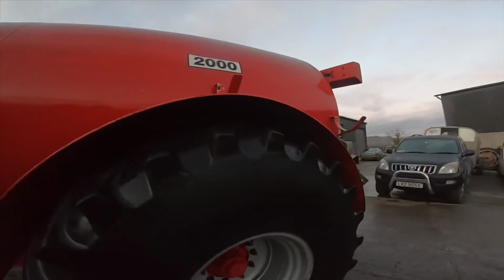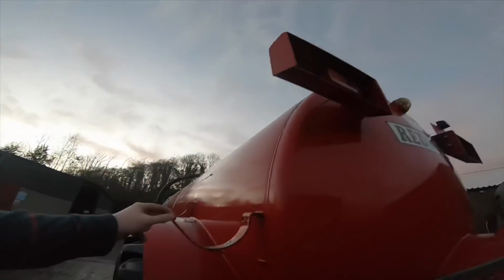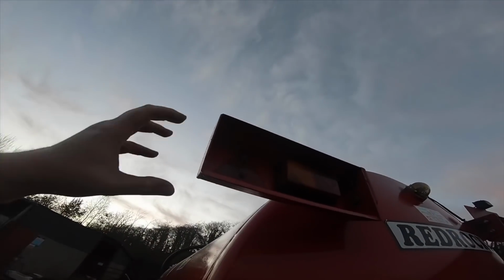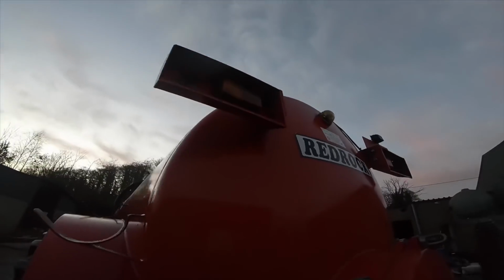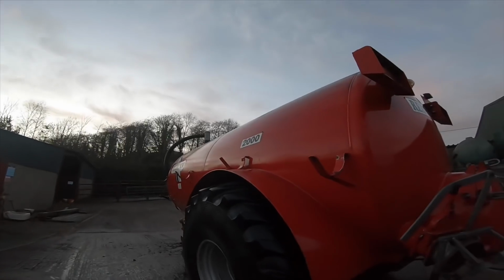Was one of them bent, but it was straightened. I think the back one here might have had a little bit of a bend in it, but it's straightened. And this light here, it was bent. The bracket actually was okay, but it had pulled out and damaged, so we just bought a new one of those as well. So a few bits of damage. We had to buy a new hose for it and a new